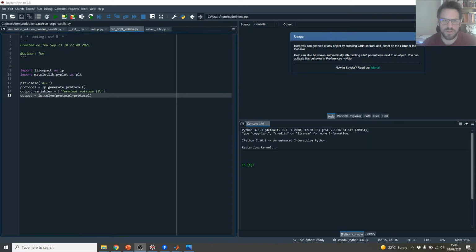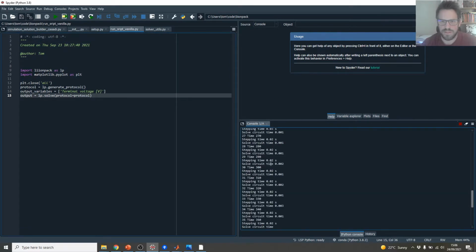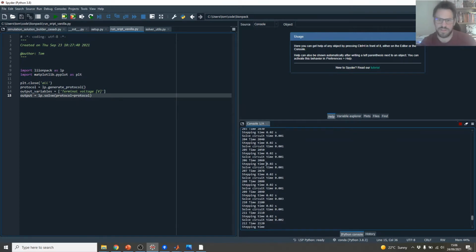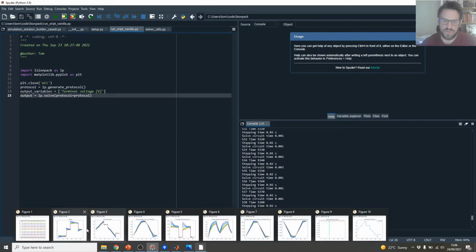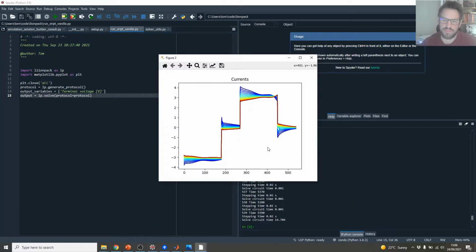But we can see here, see the script in action. So this is for the 32 cell setup that I showed you earlier, and I can run it, and we can see it's solving very quickly. So the process that it follows is it steps the electrochemical models by a small time interval with a fixed current and a fixed temperature, and they are determined as inputs to the model. And then what it does is it iterates the electrochemical models, gets a new value for internal resistance and state of charge,